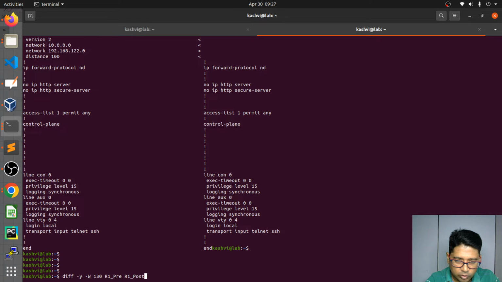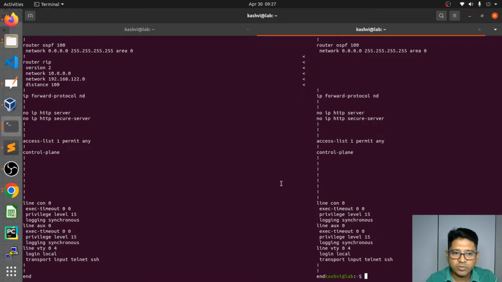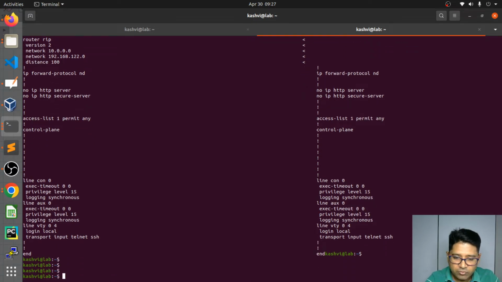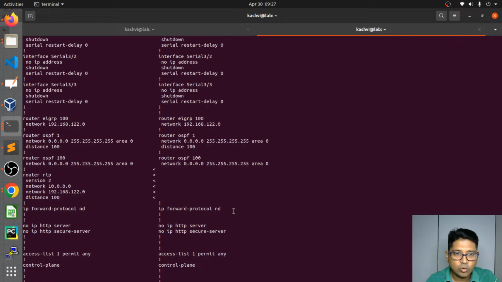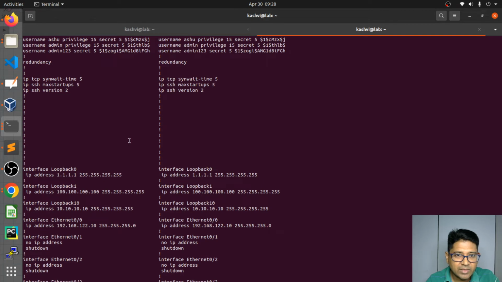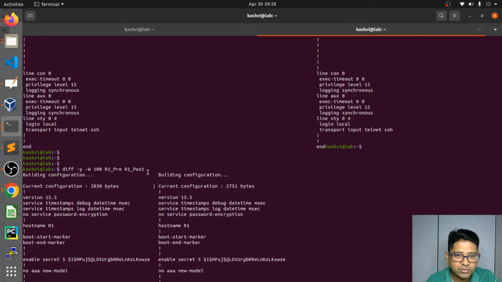You can go for 200 also, so this width is going to be wider. 120 is the standard. This depends upon your configuration and how lengthy your lines are. So you can compare, and if there is nothing marked over here,